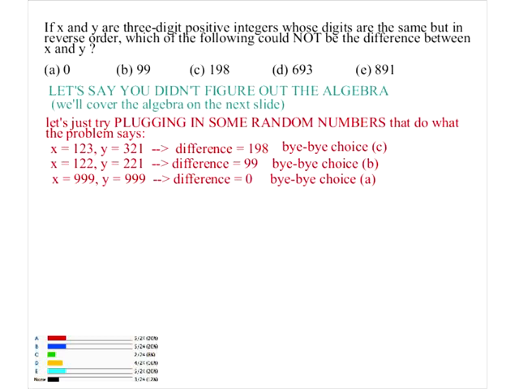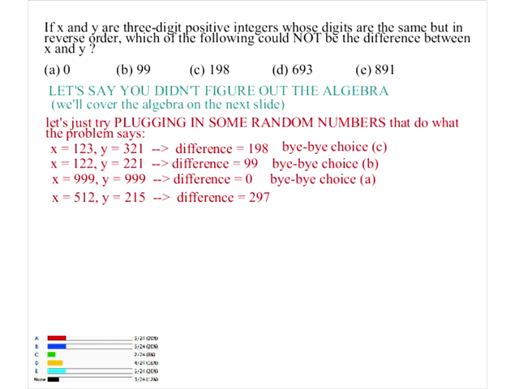Let's see if we can find any patterns here. 009 is not a 3-digit number. If you need a takeaway, make sure you get that: 9 is a 1-digit integer, not a 3-digit integer. If you try a few more examples, you could just keep bombing it with examples until you knock off a bunch of numbers. So if you do x equals 512 and y equals 215, then your difference is 297. That doesn't knock off anything.